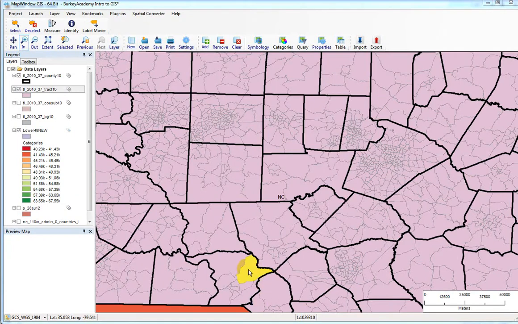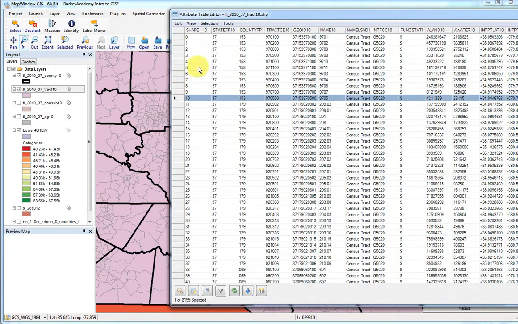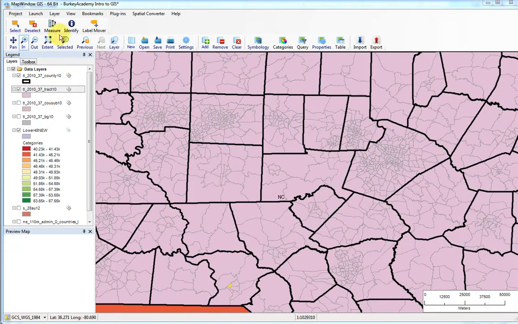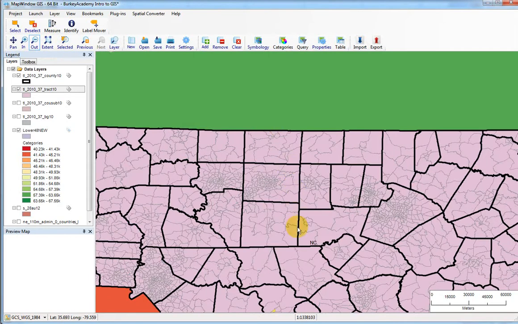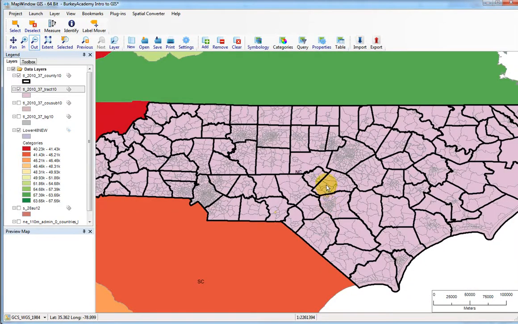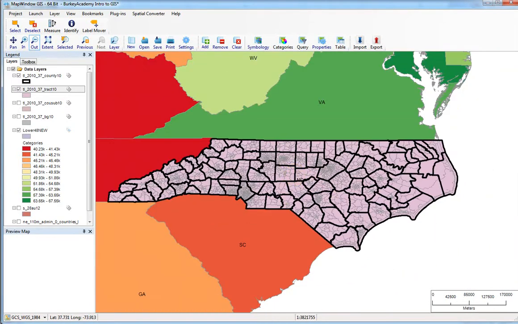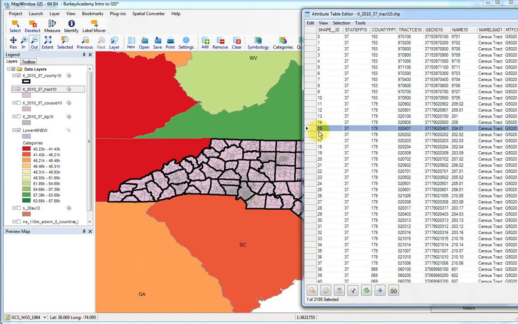And it turned yellow. All right, so you can do this either way. You can either click on something in the list and it will highlight it on the map. Let's zoom out so that we can see that. So some of these are probably so small we're not seeing them. There's one right there. Now you can also, if you can't find what you're clicking on over here, if you can't find it, then you can go to,